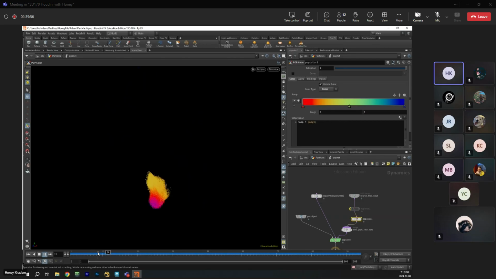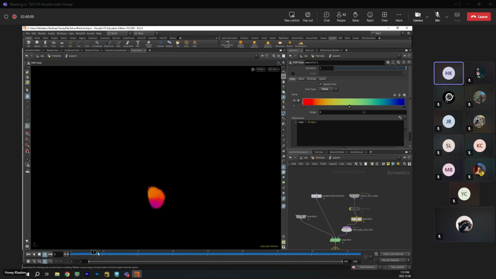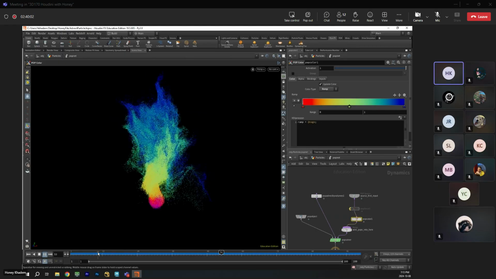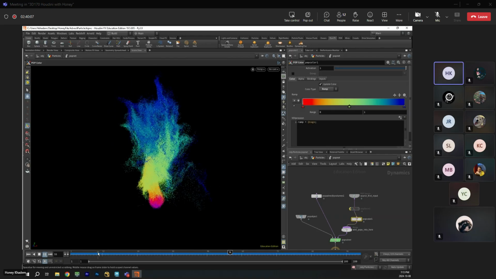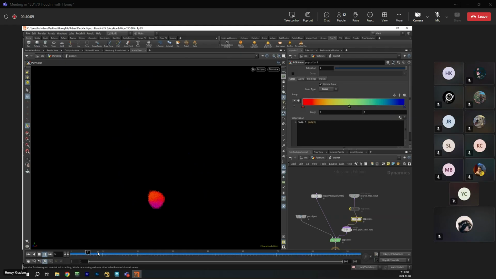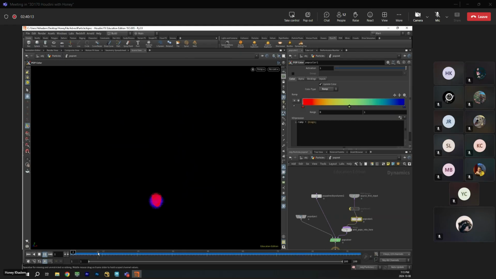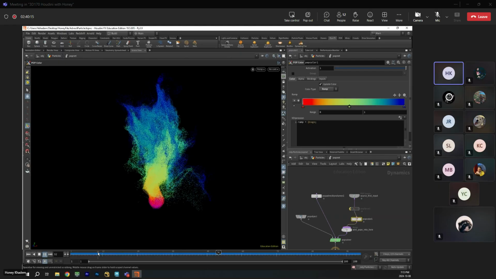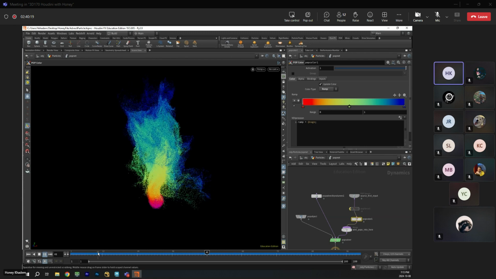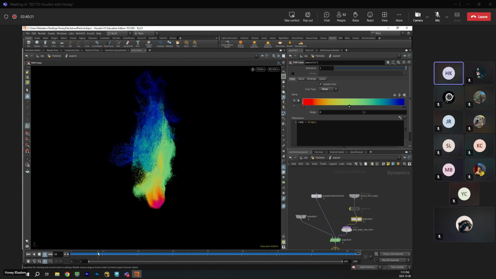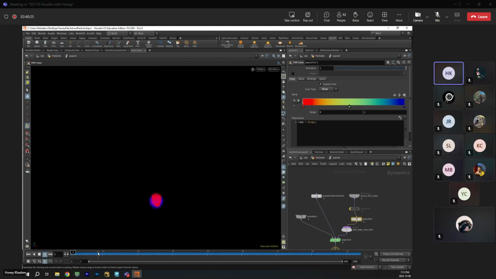Relative velocity, it's in the second input. Second one is first, and put this one to the second.